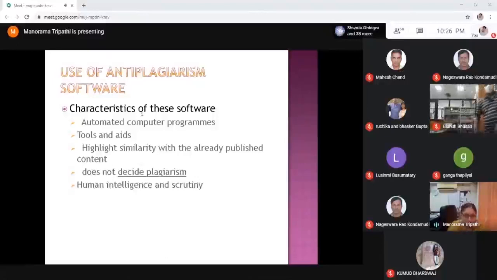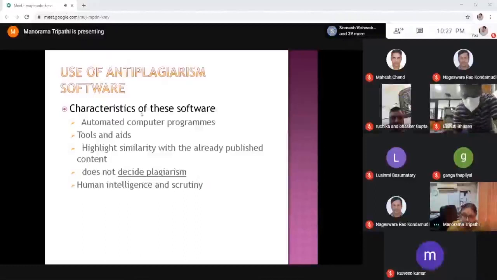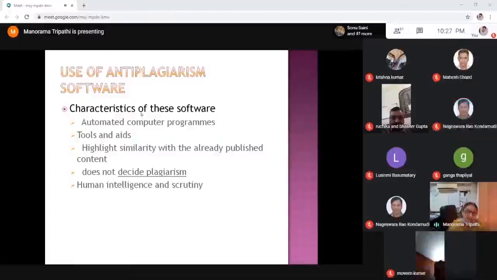I have focused on the main basic features of Urkund which you need to know in order to start using it. Let me again repeat that all these facilities function on similar lines. They just highlight the similarity index, and they have to be analyzed and scrutinized in conjunction with human intelligence.